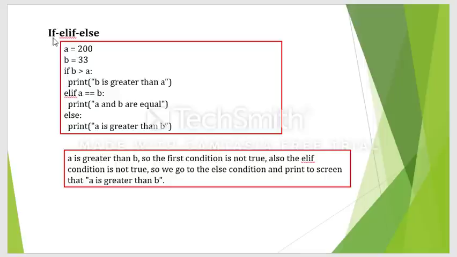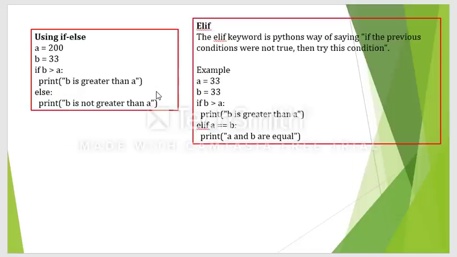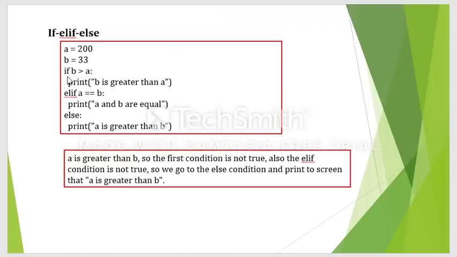So we can use if, elif and else. And we can also write just if and elif. There is no need to write an else part here. But in C programming, while we are using an else if ladder, we have to write the else part at the end of the program. But here it is not required. So that is the difference between elif and if else in C programming and Python. So it will check both the conditions. If both the conditions are not satisfied, then the else part will be printed.